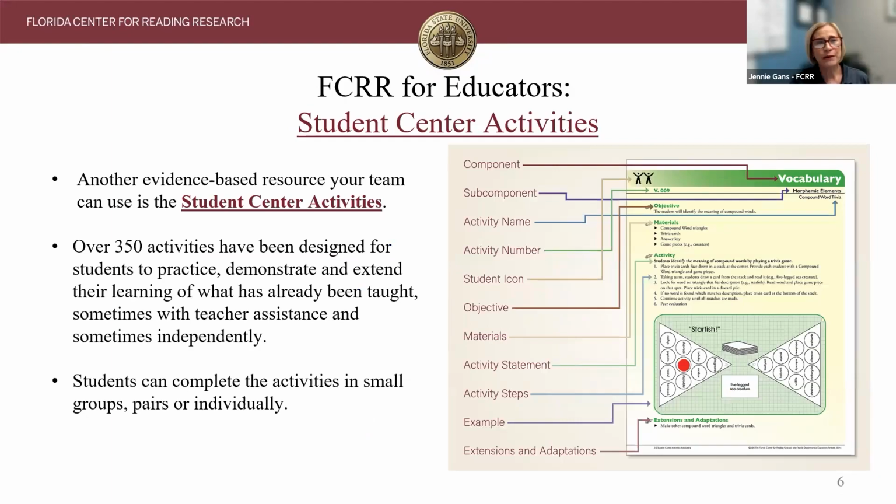This is a reminder, not a new piece, because these student center activities have been around for over 20 years. We recently celebrated our 20th anniversary this last year at the Florida Center for Reading Research, and these center activities have been used throughout the duration.